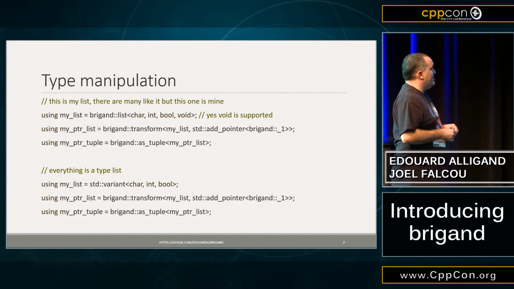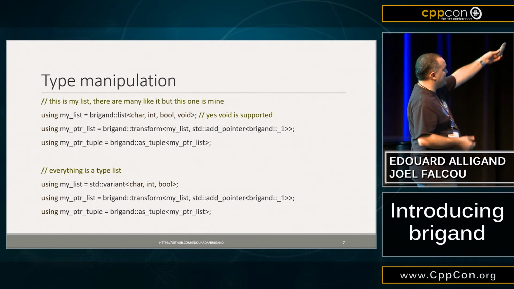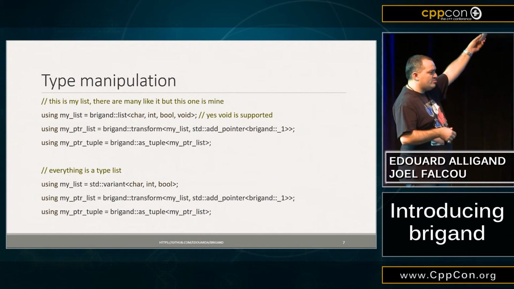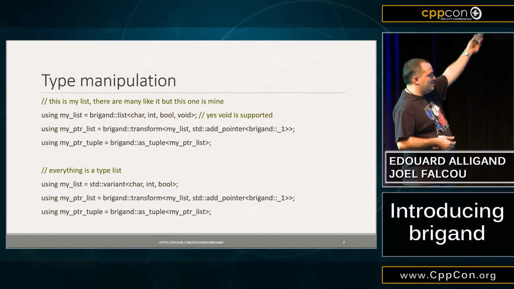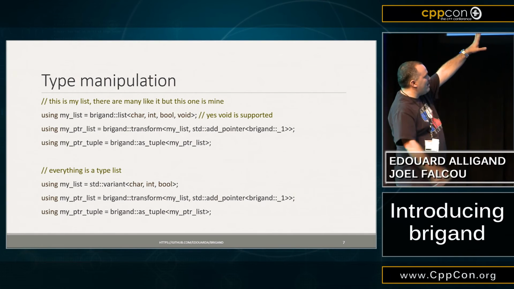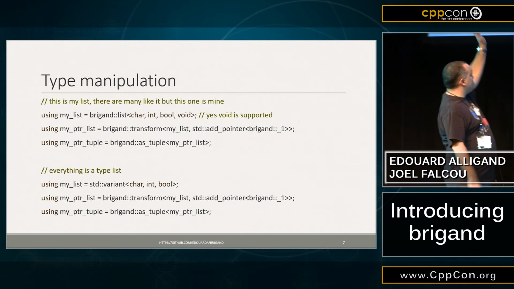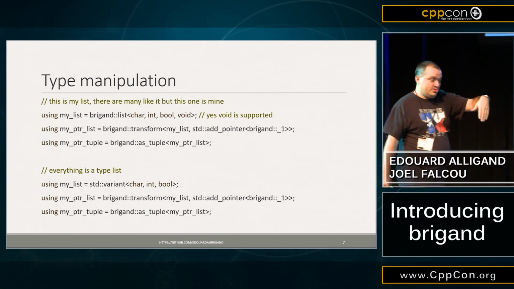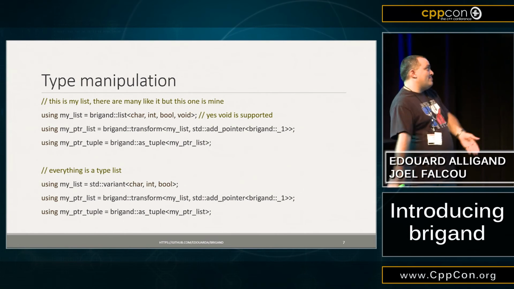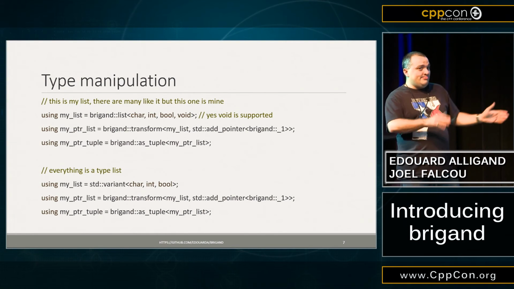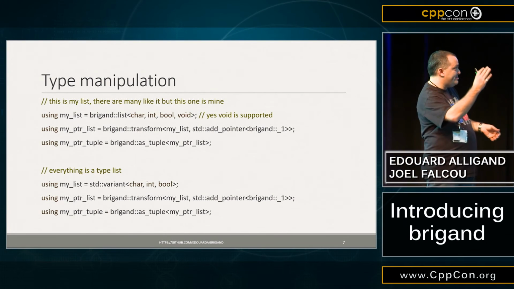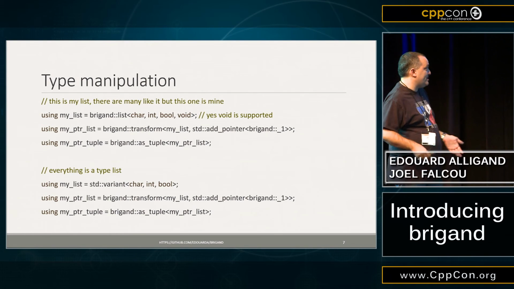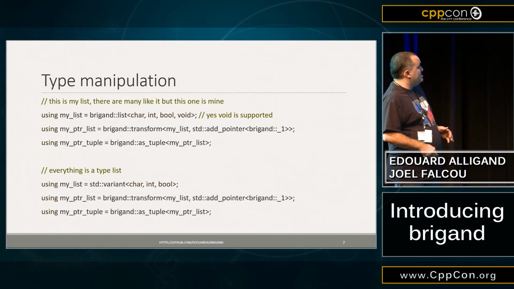Done. And as I say, everything is a type list, so you can do exactly the same, but directly using a variant. Should be Boost variant, actually. The std::variant is not there, so anyway. We have a Boost variant of some stuff. You just take it, pass it to the same kind of transform, and you turn it into a tuple afterwards. So as long as you have a type which basically looks like brackets and types, it's a Brigand type list, and we don't ask you anything about that. So that's the main goal.